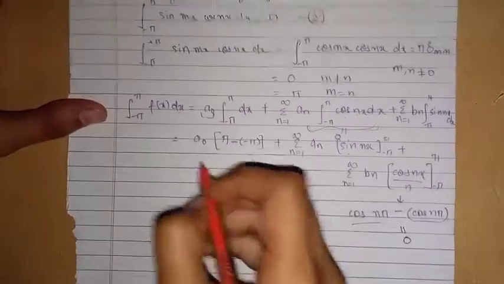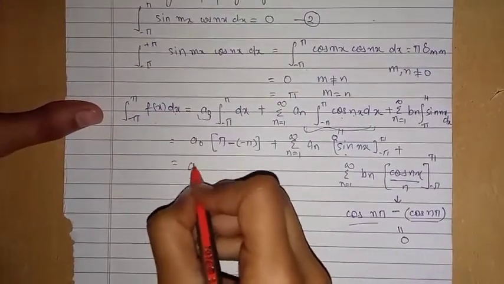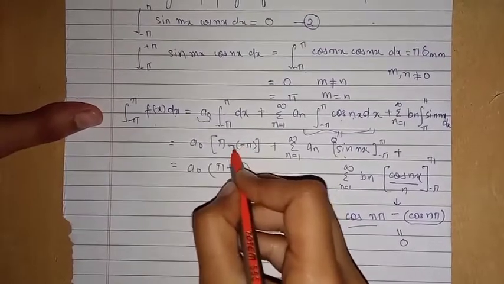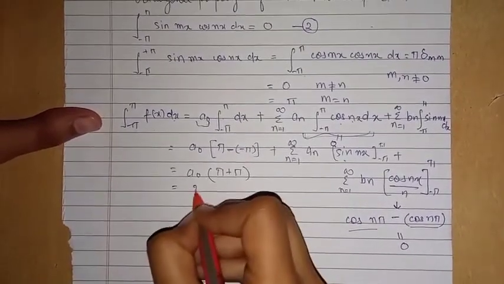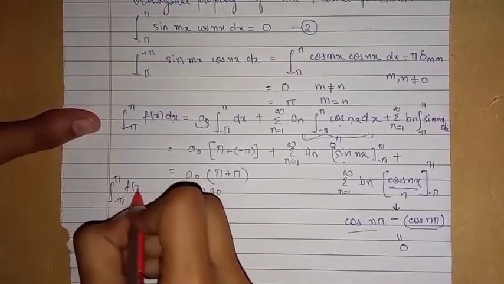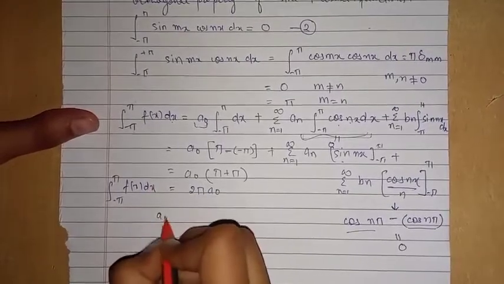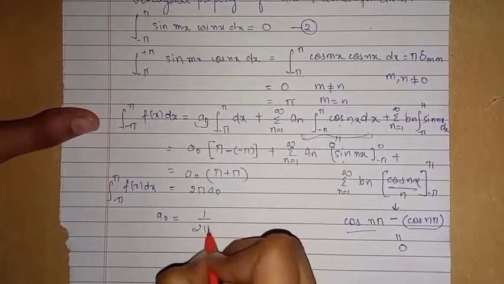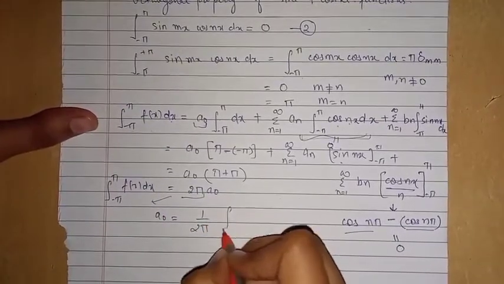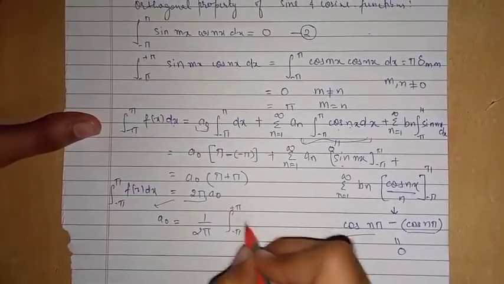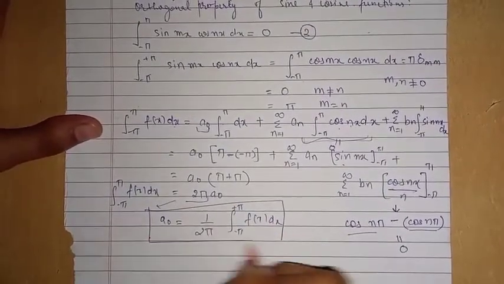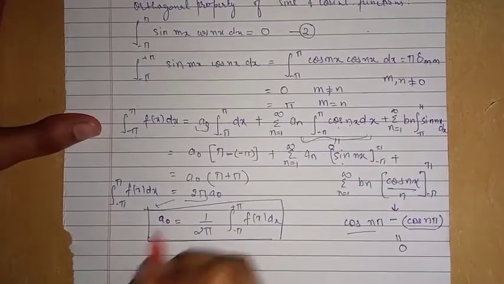So we will only have this term, that is a0 into pi plus pi. Minus will become plus, so we will get 2 pi a0 equal to the integral of f(x) dx, and a0 will be equal to 1 upon 2 pi. We will cross multiply this 2 pi to this side, so it will become 1 upon 2 pi times the integral from minus pi to plus pi of f(x) dx, and this is the equation for finding the value of a0,